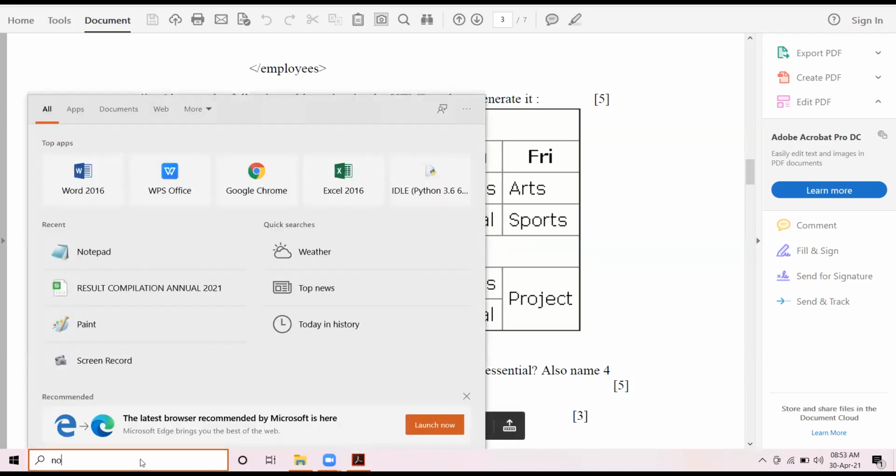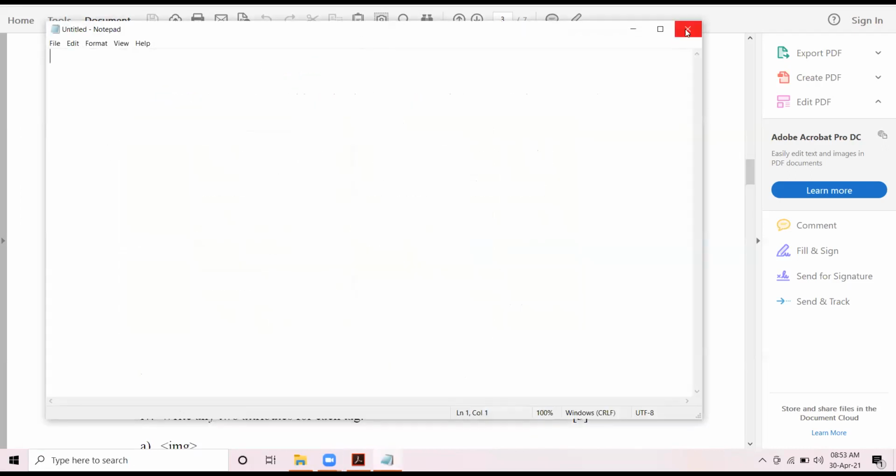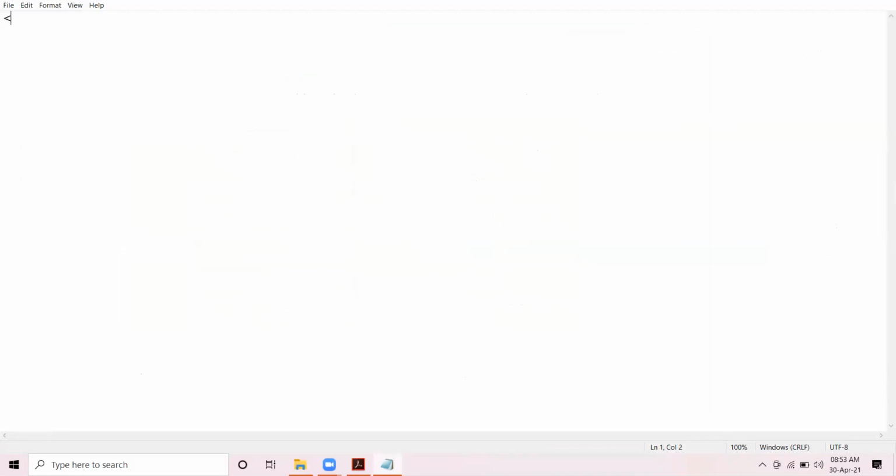I open the notepad window. Is the notepad window visible to everyone? All right. So starting with HTML tag, then I am taking body tag, and this time I am taking the BG color as silver.